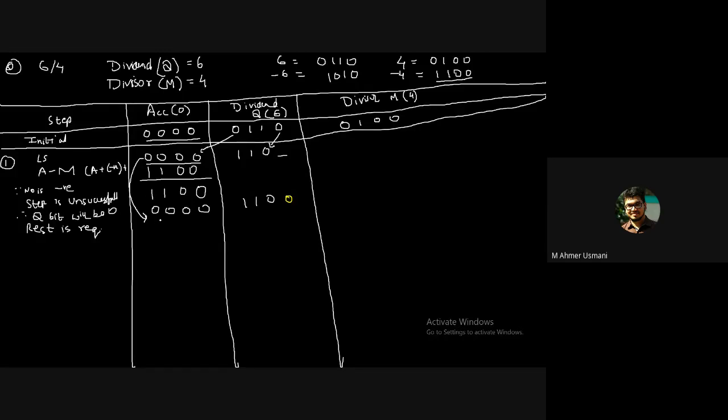Is that clear? You don't have to perform the restoration step on your own. The computer will do it. You just need to copy the previous state, which was before you subtracted the divisor from it. Is that clear? Yes. If you want, you can do it: add 4 to it and you'll get the same thing again. But it is advisable that you just copy the same thing again. Is that clear?